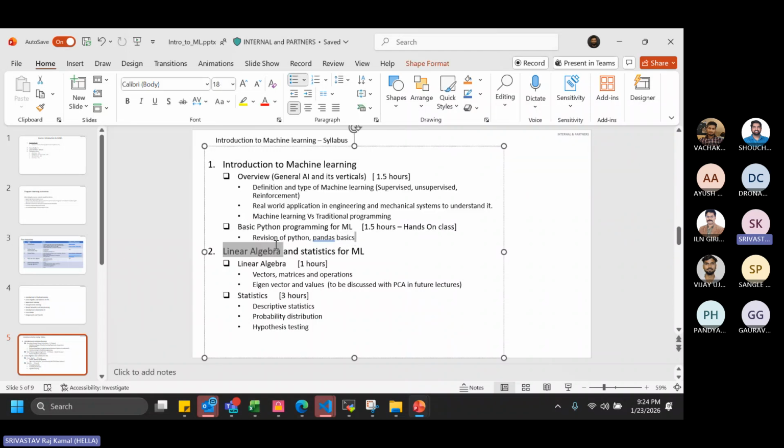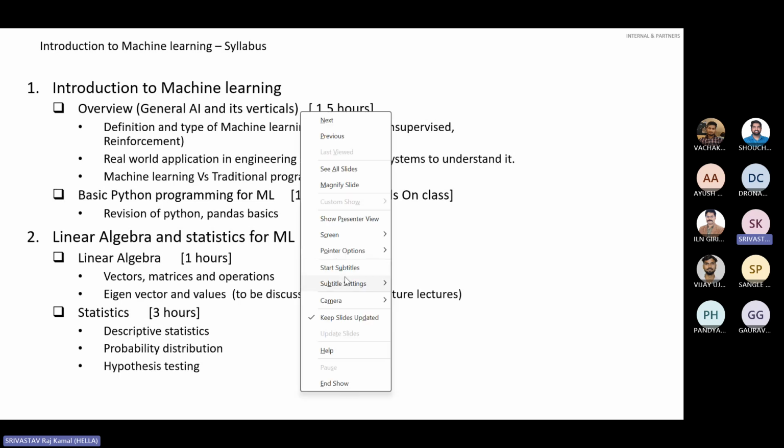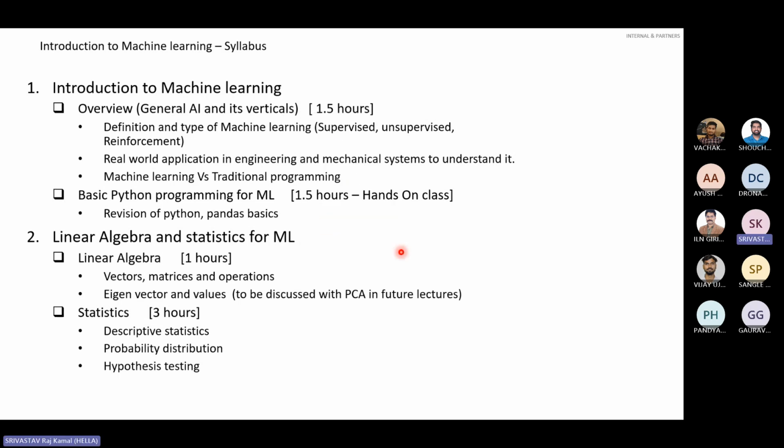I'm going to discuss Python. Let me share the screen. Pandas is the library which is helpful to read data in CSV or Excel form. It is heavily used, and we're going to see that too. Once you start using pandas, it is going to help you in a lot of things. Then we will try to understand the basics of linear algebra, how vectors and matrices are defined, and basic statistics, like what is mean, median, what is the normal distribution, etc.